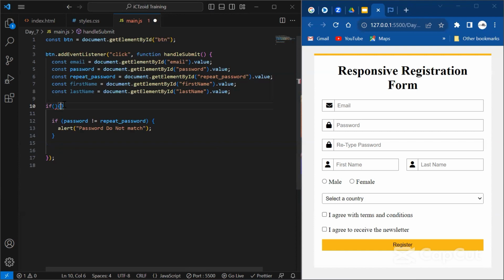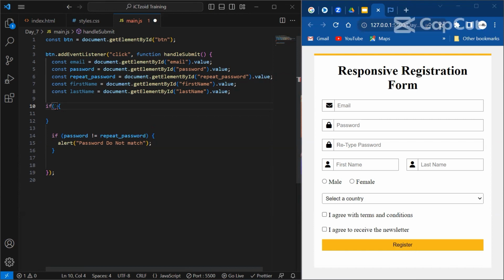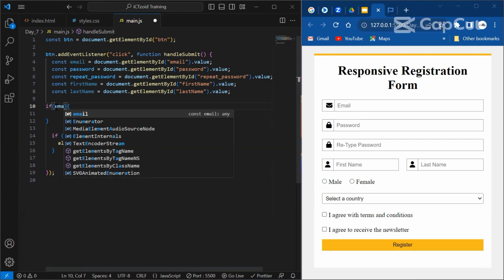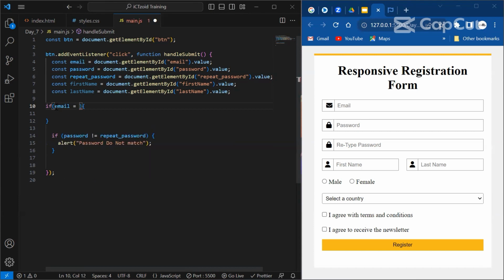We'll do if, for example, if email is equal to empty, right? That's empty here simply means the person did not submit anything. If email is equal to, that's comparison now, equal to empty,